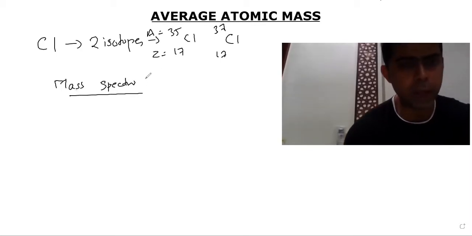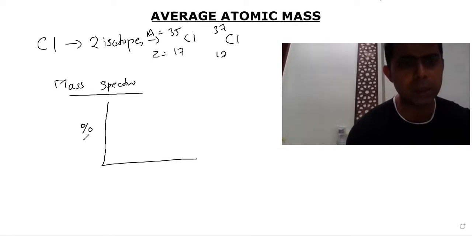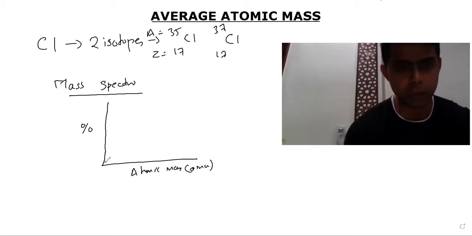Now using a mass spectrometer, we can find out their abundance. So when you add this into the mass spectrometer, you get a graph. And that graph gives you an idea. On the y-axis, you have the percentage abundance, that is their occurrence in nature, which is nothing but the intensity. And here you'll get the atomic mass in AMU. So you get two peaks here. One of the peaks will be like this. Suppose here is atomic mass 35, so at 35 you get a peak like this. And the second peak you will get at, suppose this is 37, so you get a peak like this.